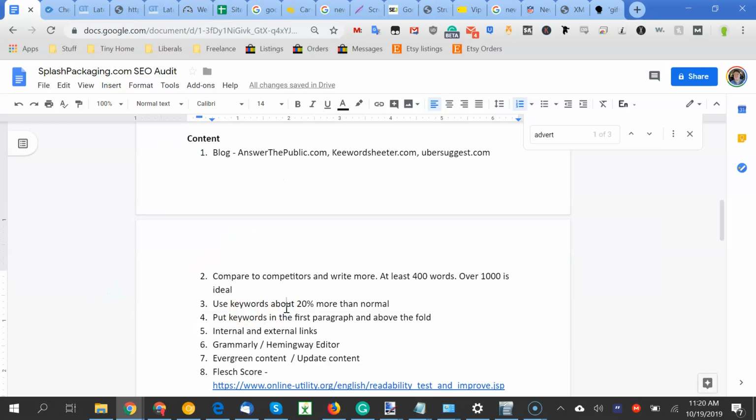So you don't want to stuff your posts with keywords like "we sell gift boxes because people like gift boxes, so buy your gift boxes," because that doesn't work anymore. You'll get penalized for it. But you do want to use your keywords about 20% more than normal, but it needs to look natural. Definitely put your keywords in the first paragraph of your post and above the fold, meaning it's on the screen